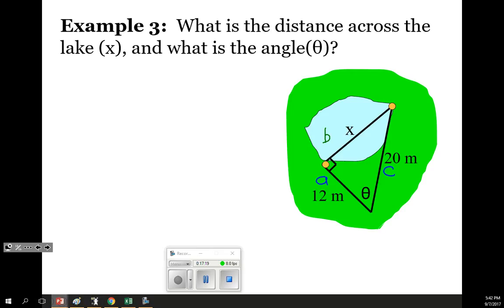So example 3 is example 3 on your paper. You probably figured out that example 2 on my PowerPoint is example 1 on your homework paper. So example 3 is asking me 2 things. First, what is the distance across the lake? So if we look at our lake, we can actually